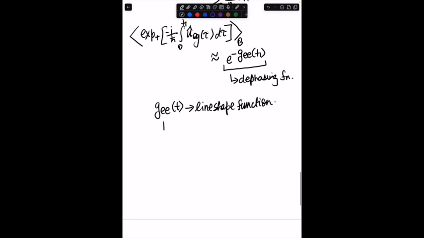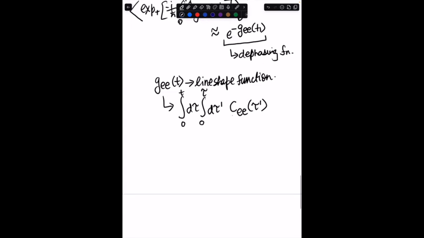And then your line shape function, as we previously described, is the double integral of your FFCF, your frequency fluctuation correlation function, which we denote by C_eg(τ') here. And then this C_eg(τ') is just 1 upon ħ² ⟨U_eg(τ') U_eg(0)⟩,